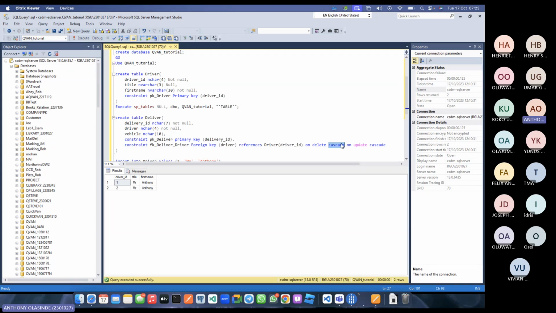All the children are dead. So the driver was the one that made the delivery, right? Once you delete that driver, the delivery is deleted. So that's what cascade does. You also have